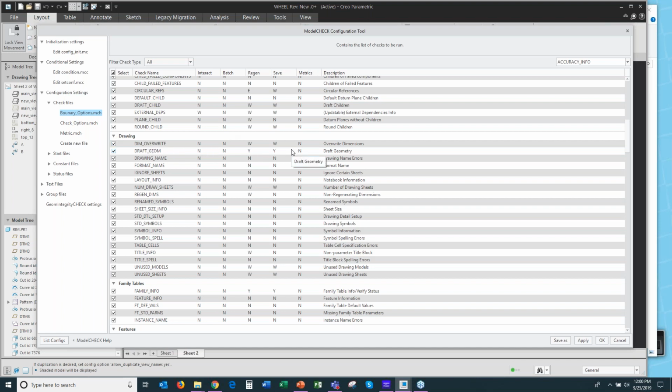So basically, did I create a dimension and then change the value of the dimension versus what is actually being shown on the screen, the actual dimension? So did I change it to something other than what the actual dimension is? Do I have draft geometry? So on and so forth. Do I have